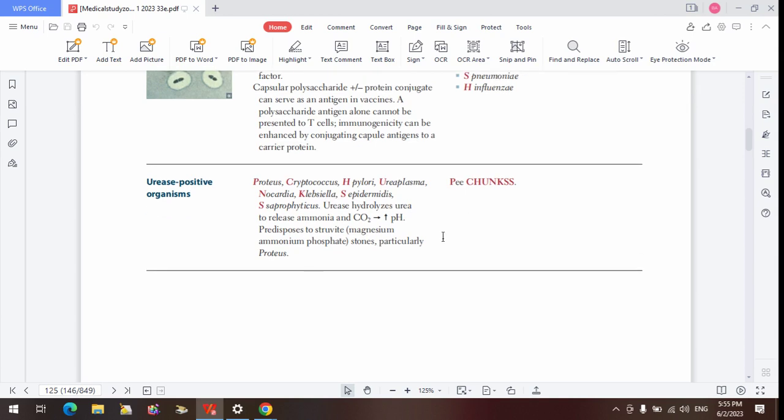So the Proteus produces urease, which cleaves urea to form ammonia, and this ammonia can contribute to the formation of the struvite stone, which contains magnesium, ammonium, phosphate. This ammonium component is coming from the urease activity on urea. So they produce the ammonium, which will form the stone. That is why Proteus is notorious for causing struvite stone. Cryptococcus can also form